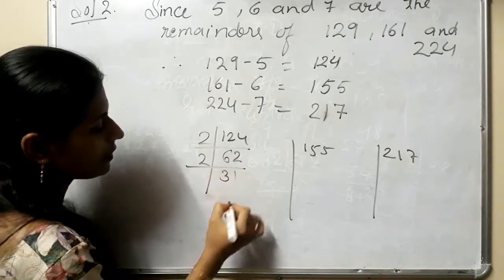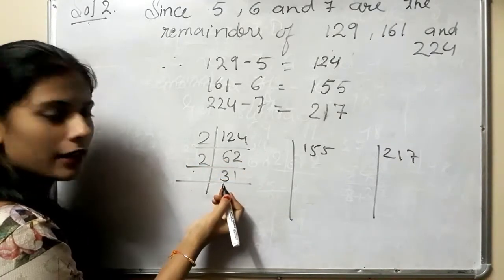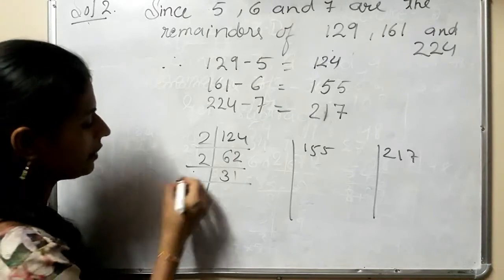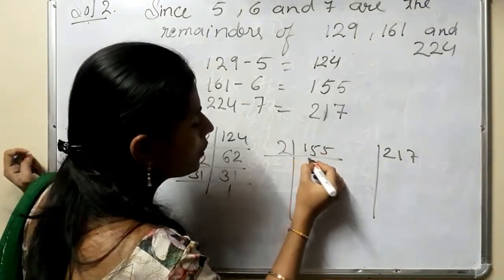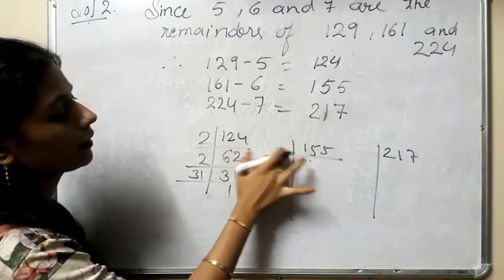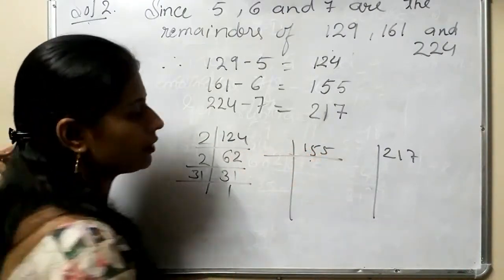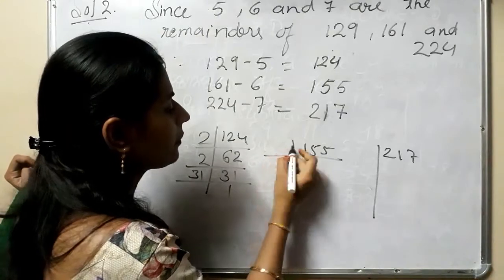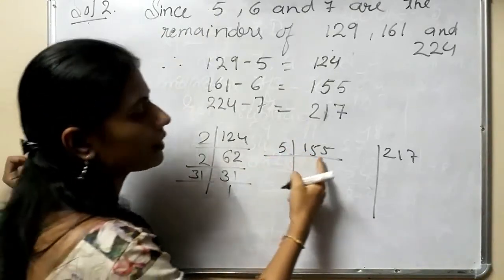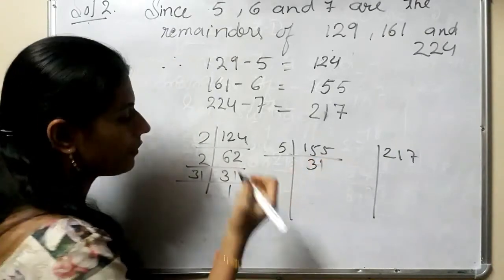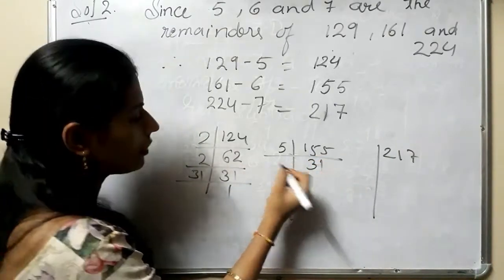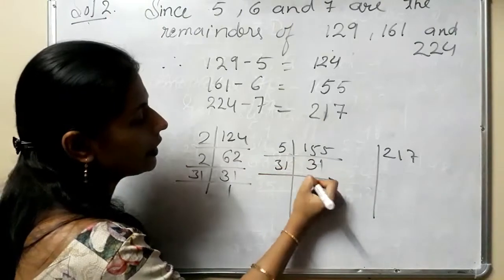Then here it is a prime factor, so you have to divide it by only 31, so 1. Now see, here the last number is not an even number, so you have to divide it directly by 5 because it is not divisible by 3 also. 5 3s are 15, 5 1s are 5. Now it is a prime factor you got here, so you have to divide it by 31.